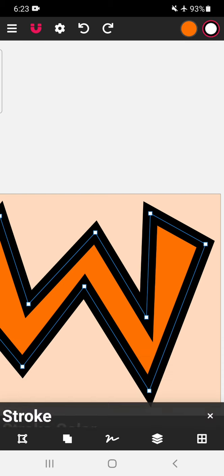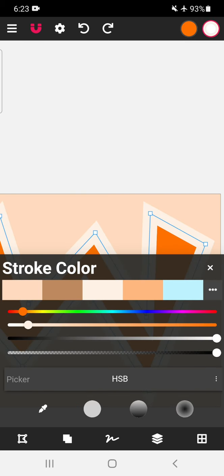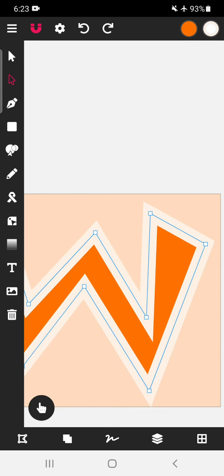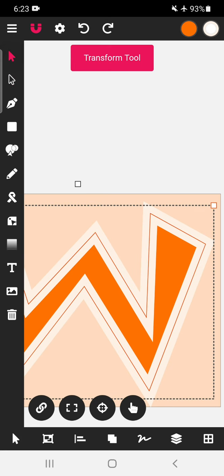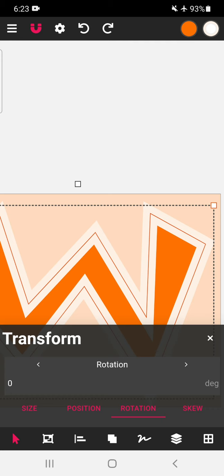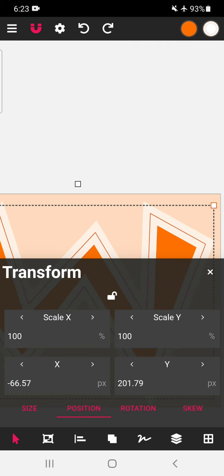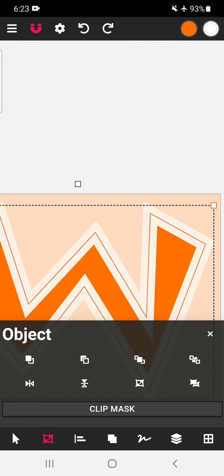So let's tap on this stroke color, make it white, and then send it behind. Tap over here, click over here, position, sorry, from this object, send behind.